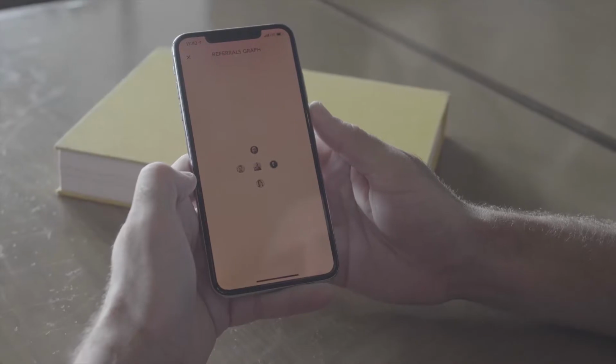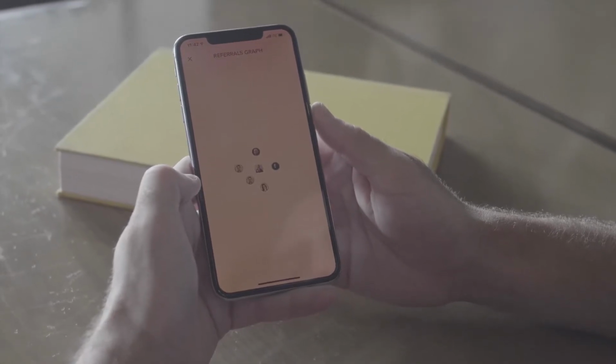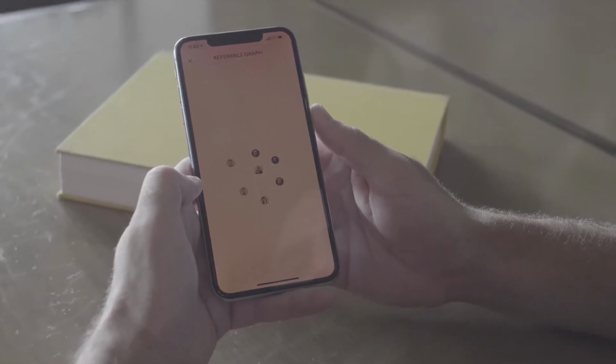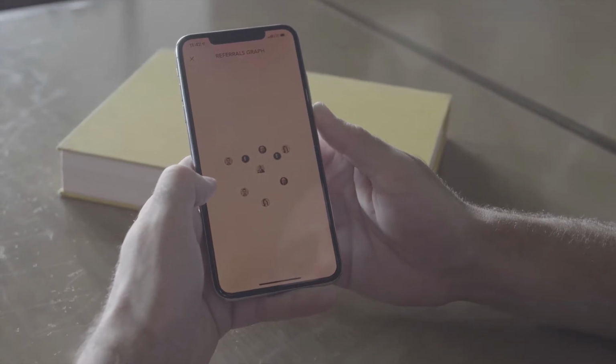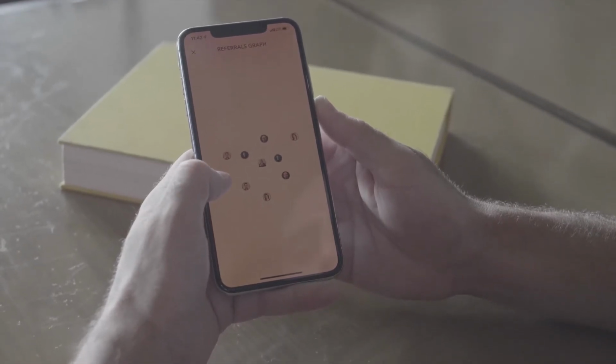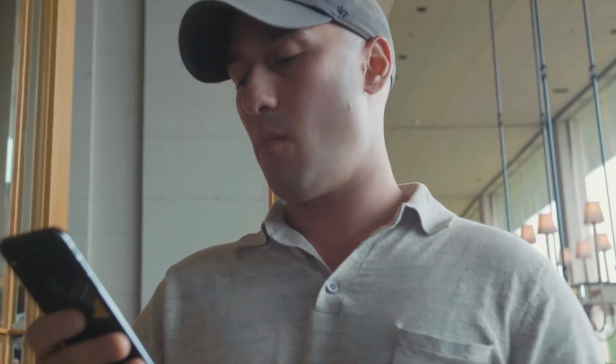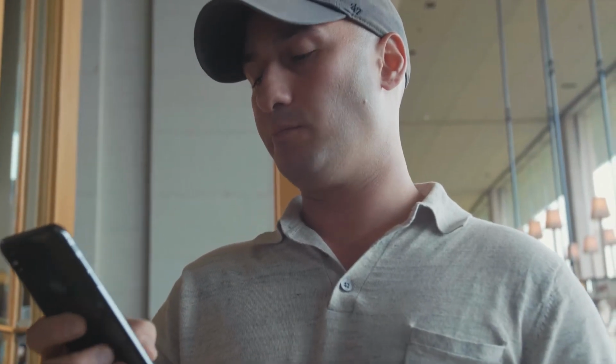So now Nadim is looking at the graph of all of these referrals going out. So each time someone clicks, that's a transaction that gets written to the public ledger, and now he can see the chain of people that have shared his task. So now all of those people are involved in trying to find the job that he's looking for.